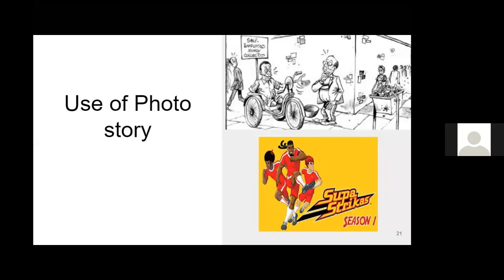Some of us who grew up then used to buy a newspaper just to get the Super Striker magazine that used to be stuck inside. I think it used to come on every Sunday or Saturday. That magazine had just photos of these footballers telling a story of how they went to maybe the cold zones and played football there. They scored many goals. You could see all that, and it was very interesting. If they had written this story in a novel form, most of us could never have had a chance to read those stories. But looking at the photos that used to tell a story, you followed that story well.